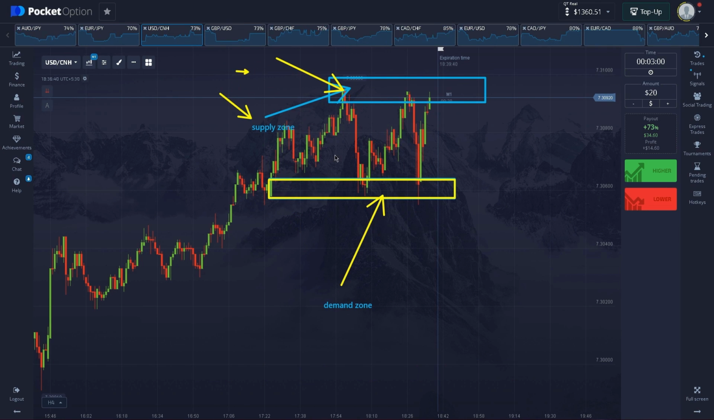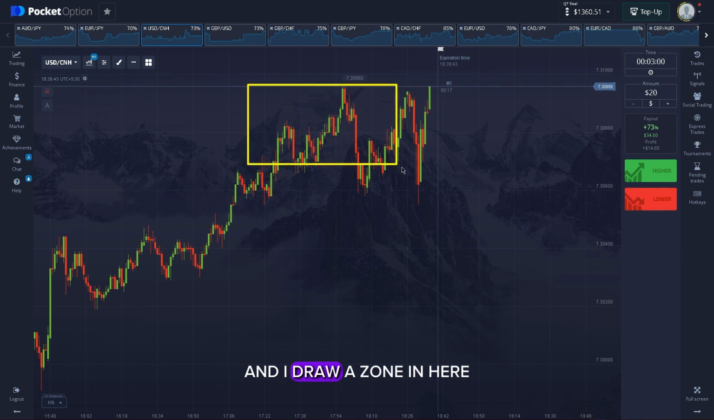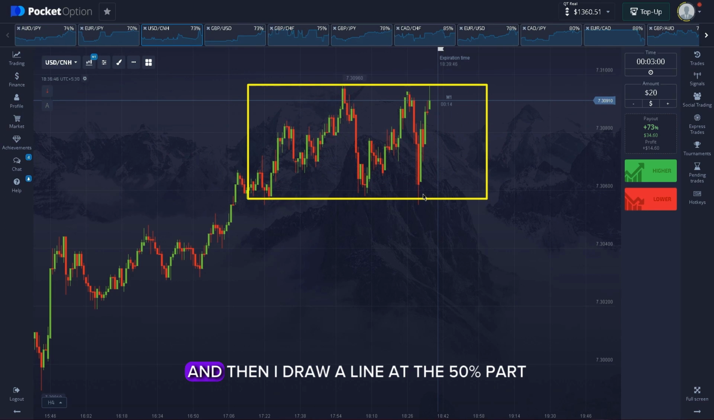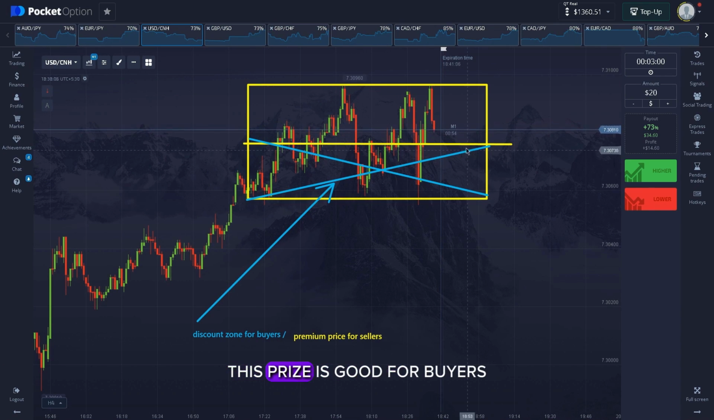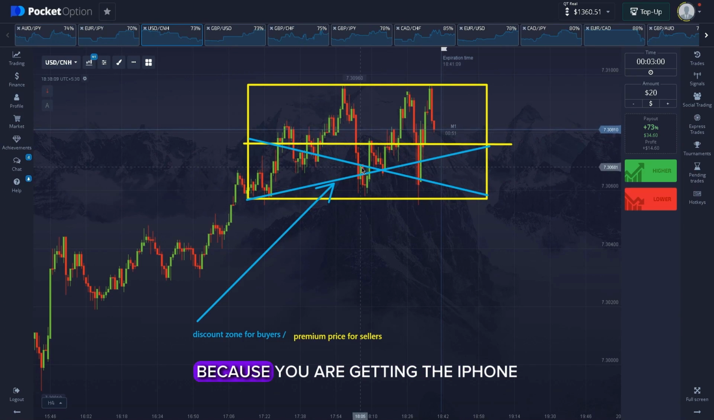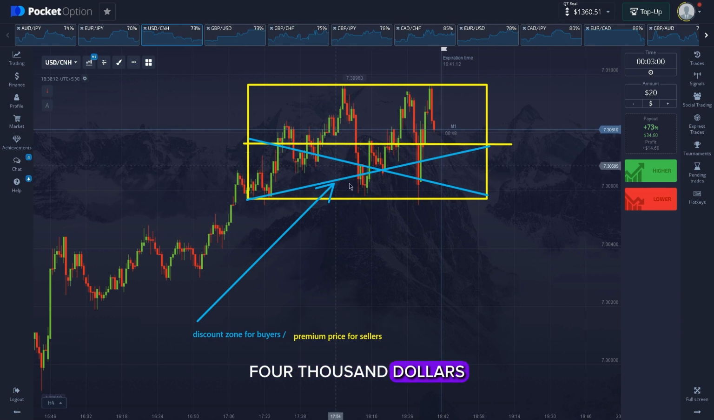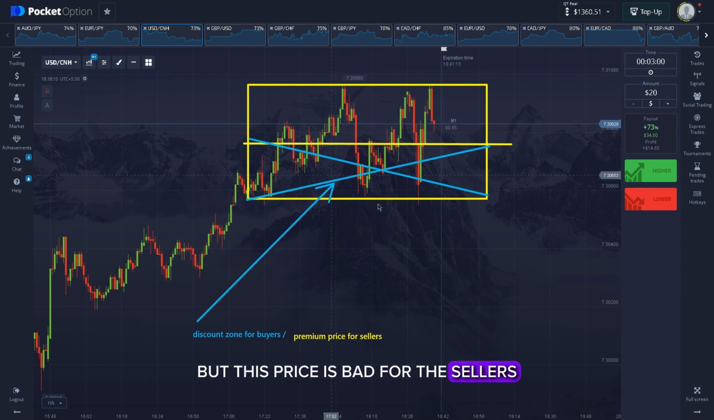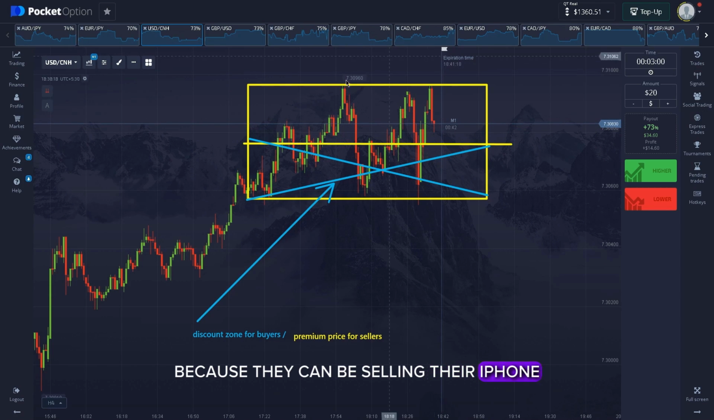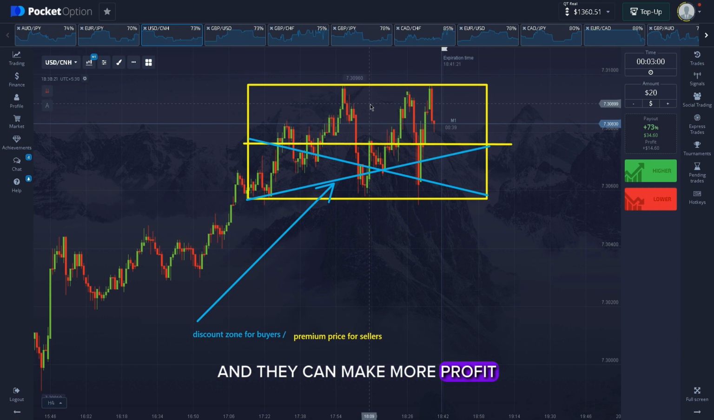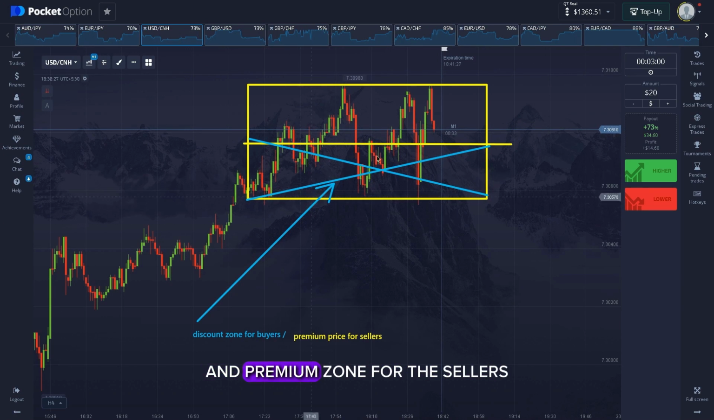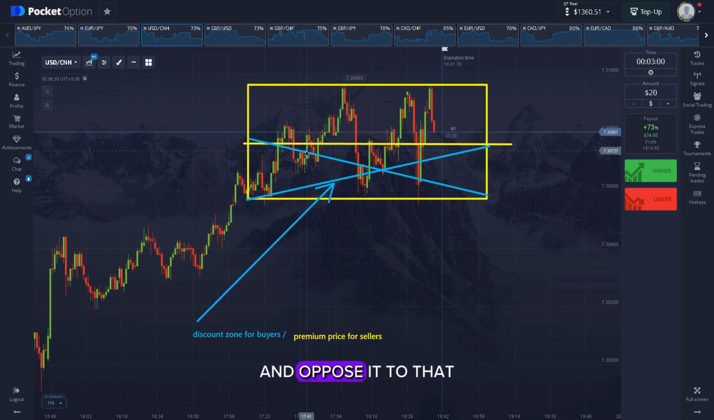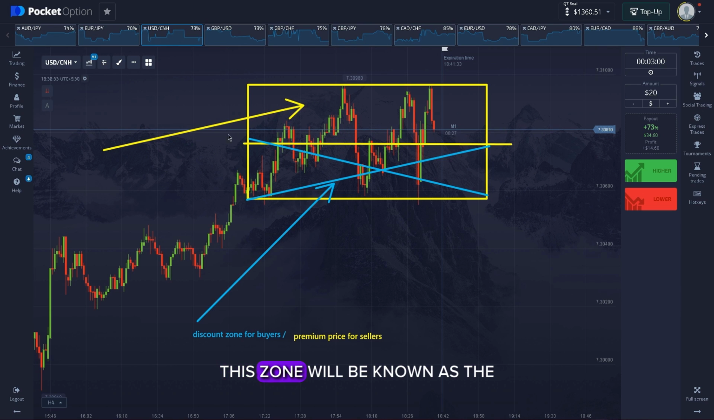So if we just remove everything and I draw a zone in here, and then I draw a line at the 50% mark. As you guys can see, this price is good for buyers because you are getting the iPhone for $1,000, but this price is bad for the sellers because they could be selling their iPhone for $1,100 in here and make more profit. So this zone will be known as the discount zone for buyers and premium zone for the sellers, and opposite to that, this zone will be known as